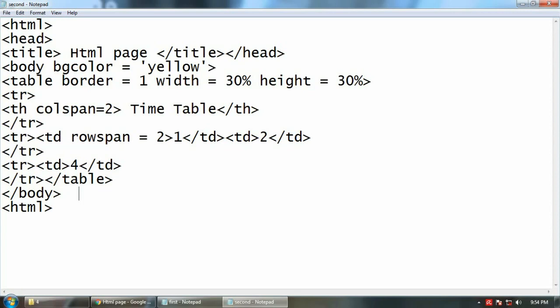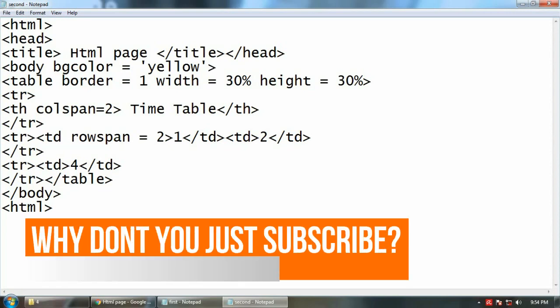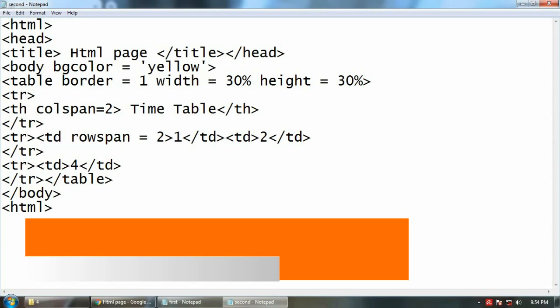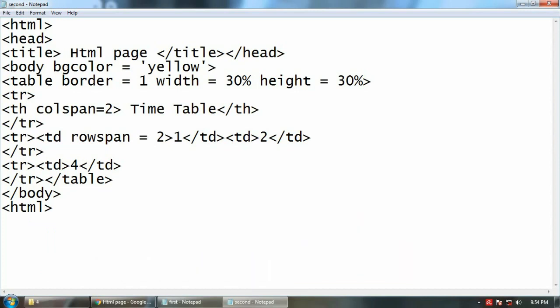For homework, take out page number 143. In page number 143, question number 2, there is one image. That's how your output should appear. And on the back side of the page, page number 144, the instructions are given for what you have to do.